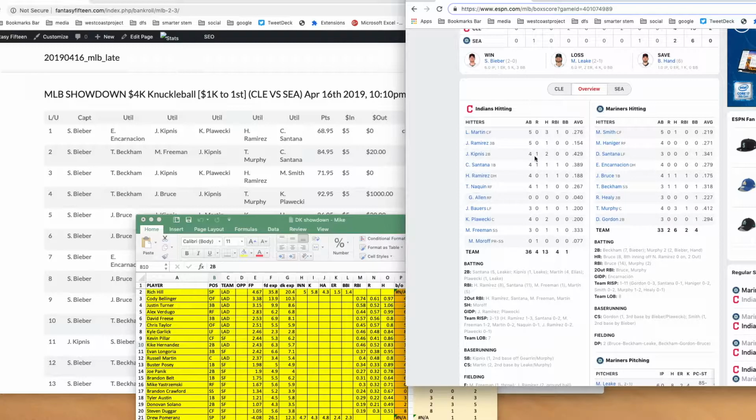4 at-bats, scored 1 run, had 2 hits. I think maybe one was a home run. No, I guess not. He had a double. No home runs for Kipnis in that game. Murphy